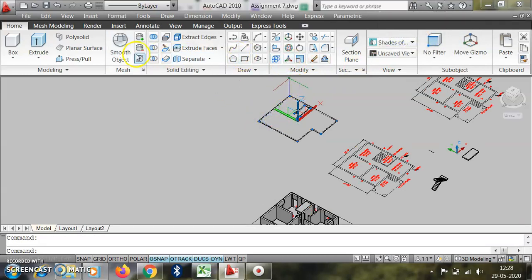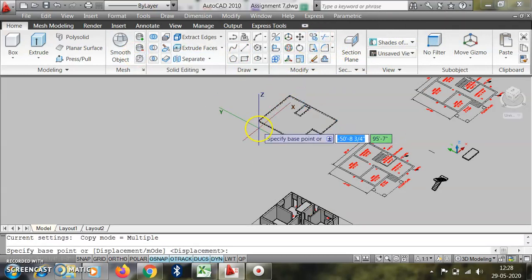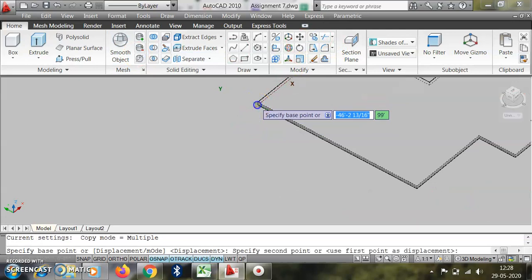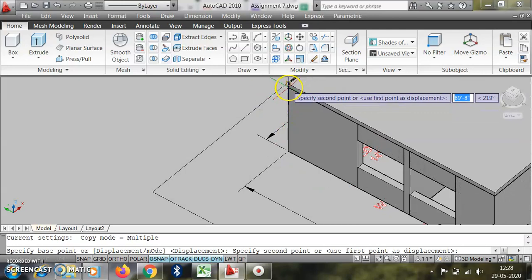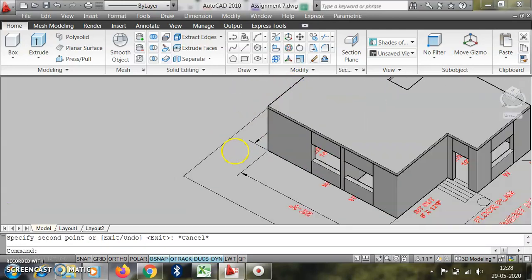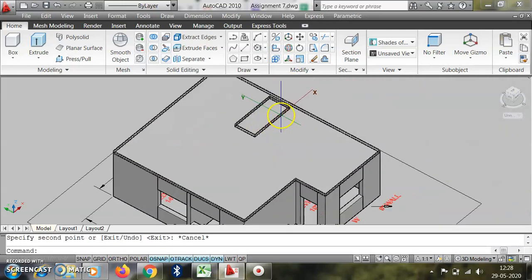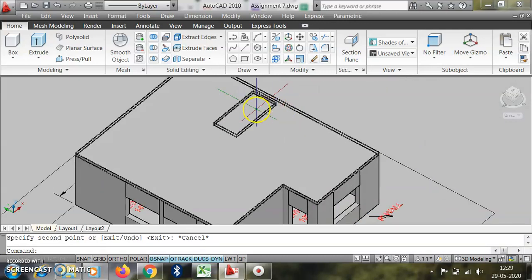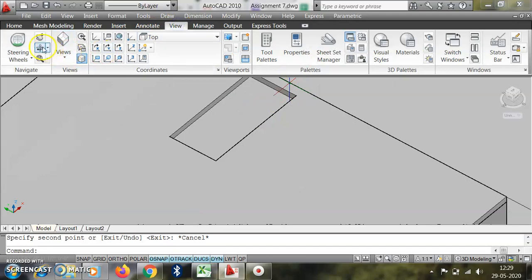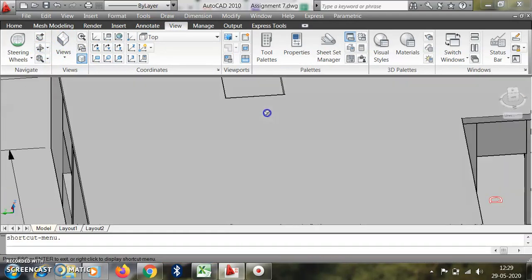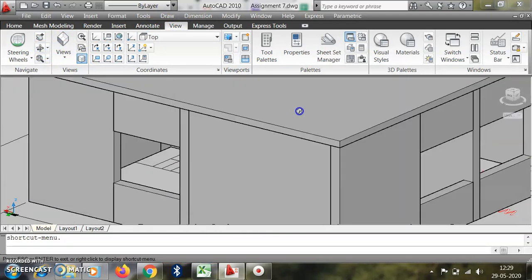We copy it, and from this corner we shift it, or take this slab here. So we get the headroom for the stairs. Take views, and here we get this one.